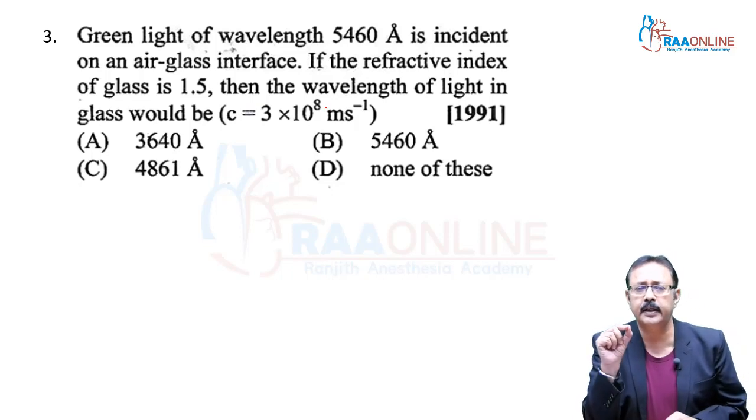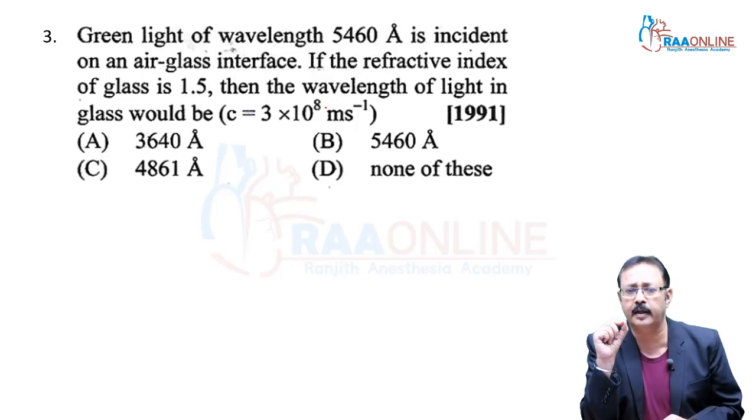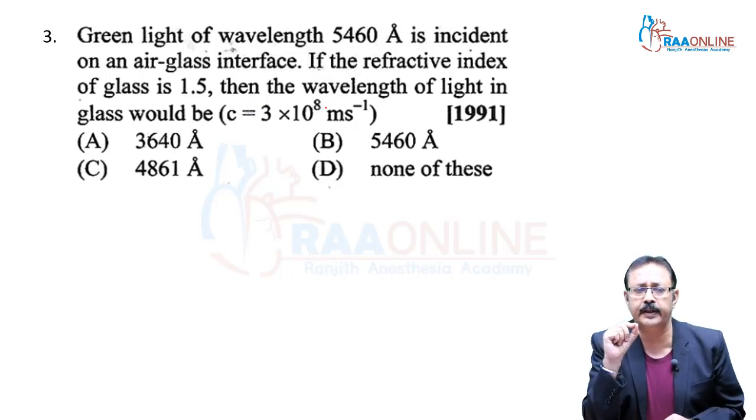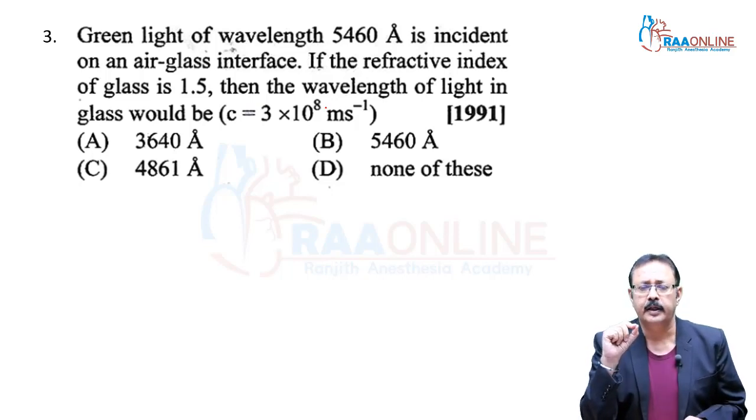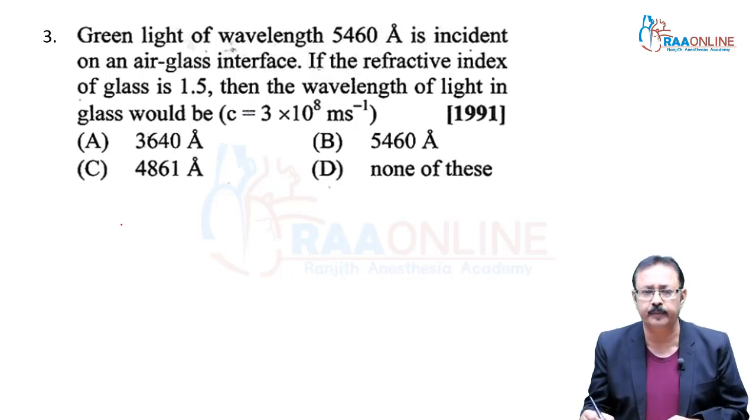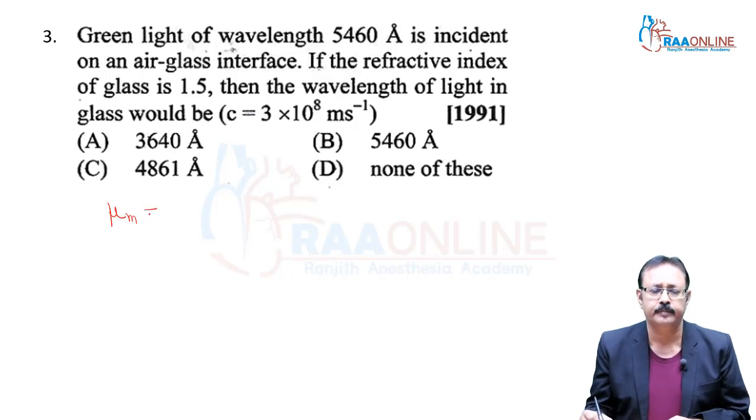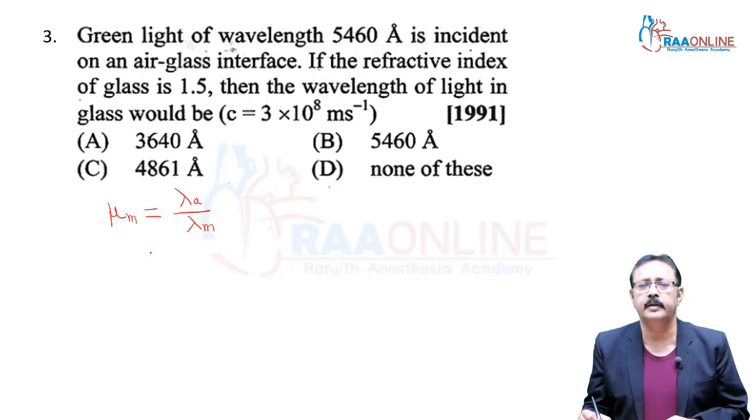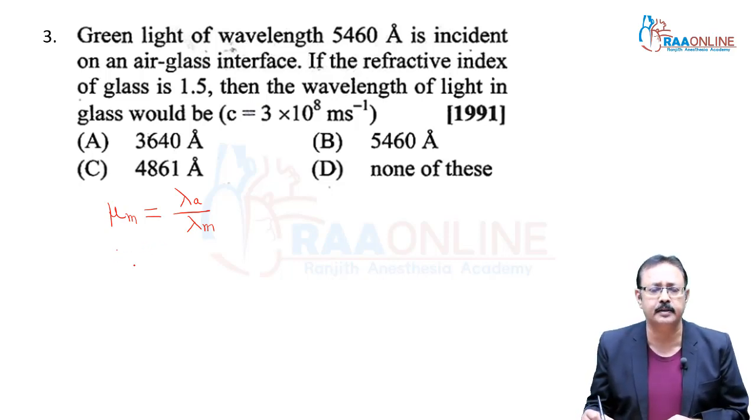Next, green light of wavelength 5460 angstrom is incident on an air glass interface. If the refractive index of glass is 1.5, then the wavelength of light in glass would be, it is from 1991 AIPMT. We know that refractive index of any medium is wavelength of light in air upon wavelength of light in medium. In this, we want the wavelength of light in glass. So it should be its wavelength in air, 5460,